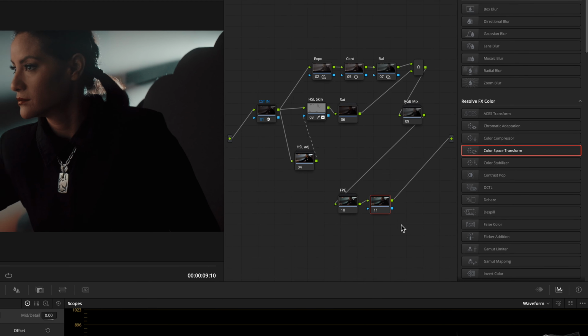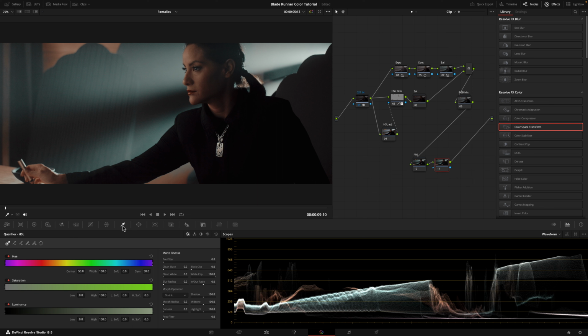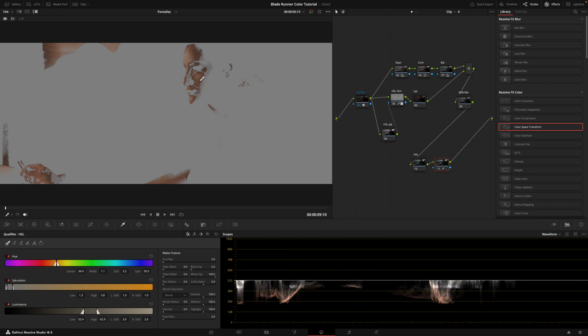Then, after my last node, I create a node to give the last touch to the skin tones. As I said, this took me several steps.